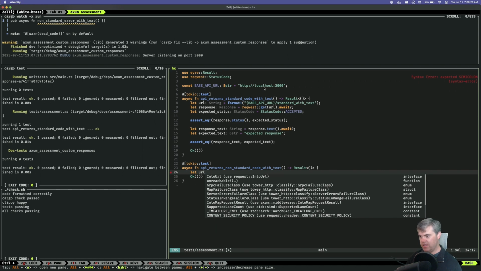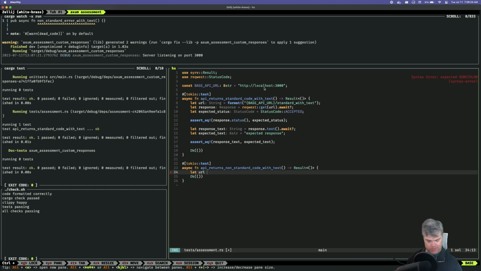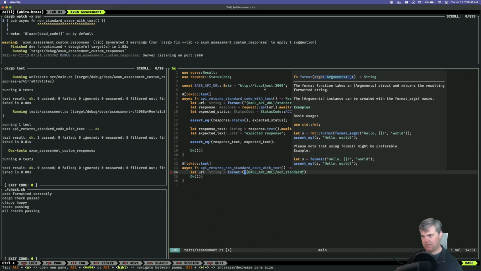What does this mean? So our URL, okay, that's going to be the same as what we had before. So we're going to use the format macro. It's too bad that Rust Analyzer doesn't know how to autocomplete that. That'd be nice. Let's do non-standard text.